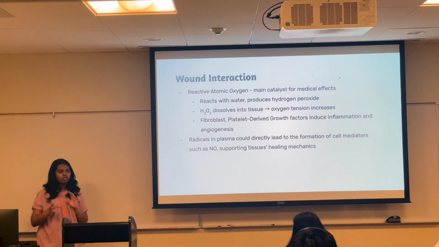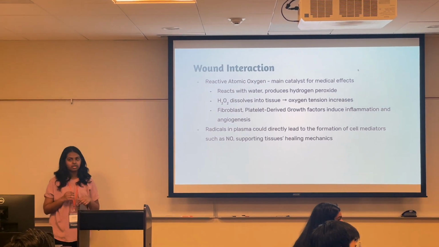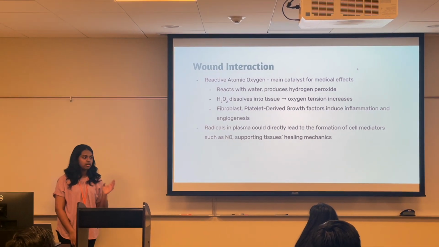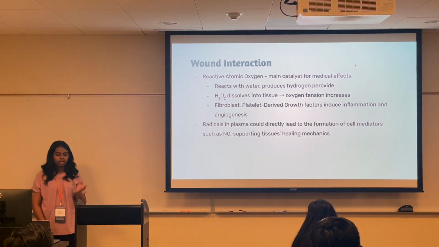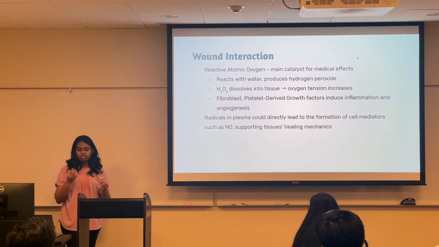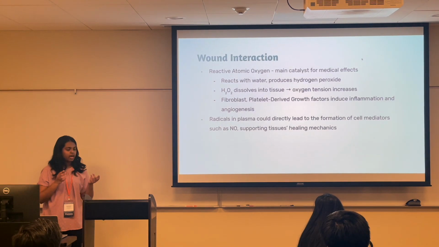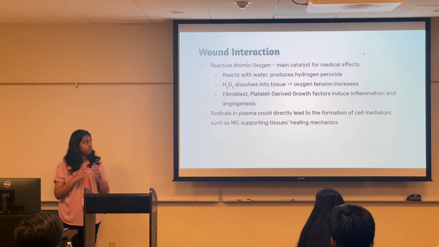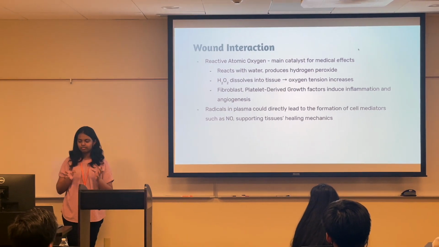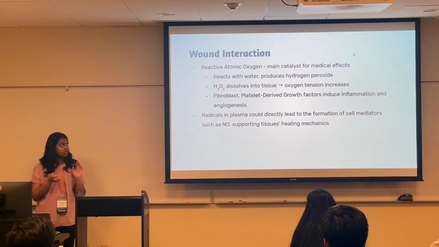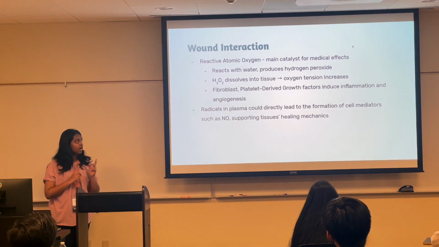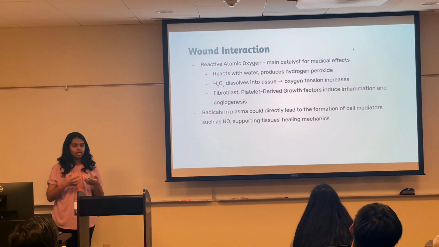So there are two main schools of thought for how wound interaction and plasmas work. The first is that the reactive atomic oxygen produced by the dielectric barrier discharge plasma will react with the water in human blood, and that will produce hydrogen peroxide. And that hydrogen peroxide will then dissolve into tissues, and that increases the oxygen tension of the tissue as a whole, which allows for the creation of fibroblasts and platelet-derived growth factors, and that would induce cell division and thus